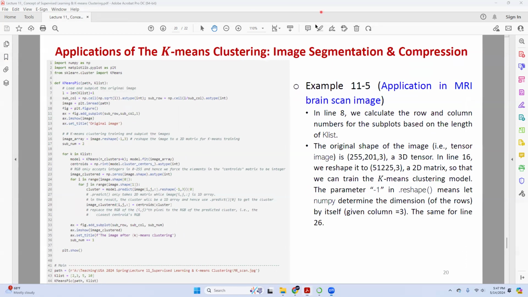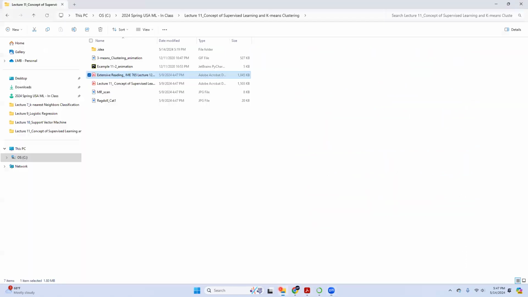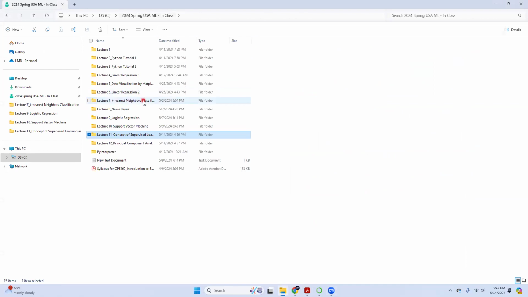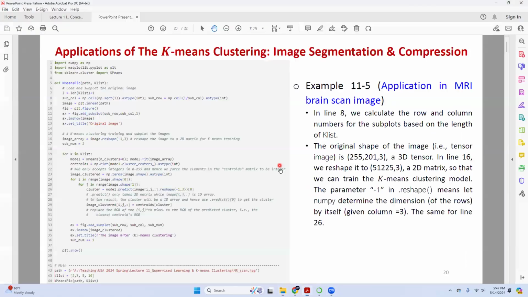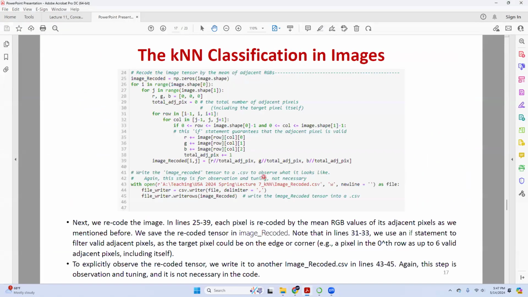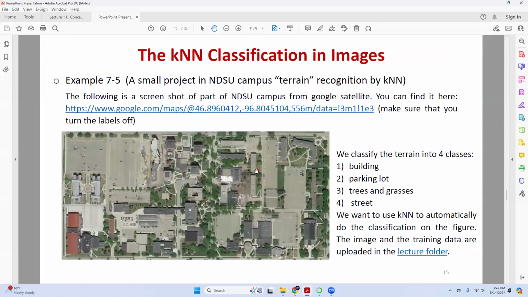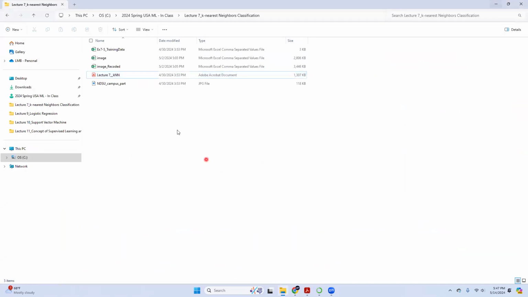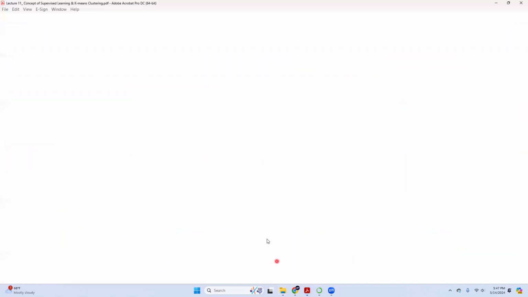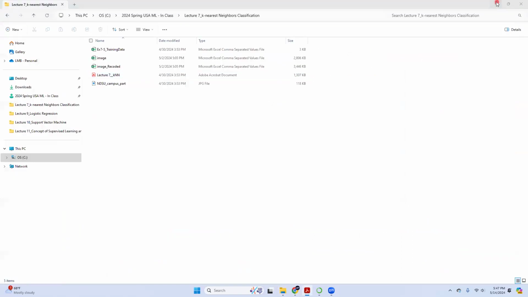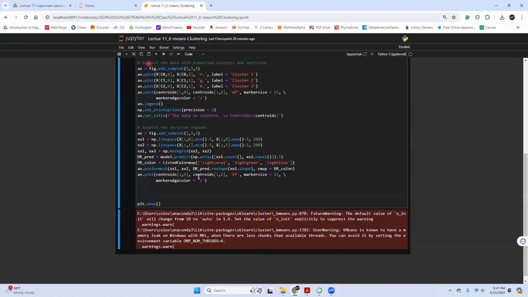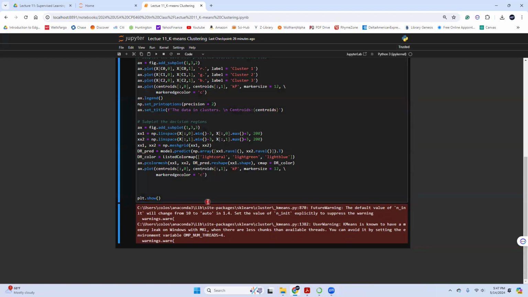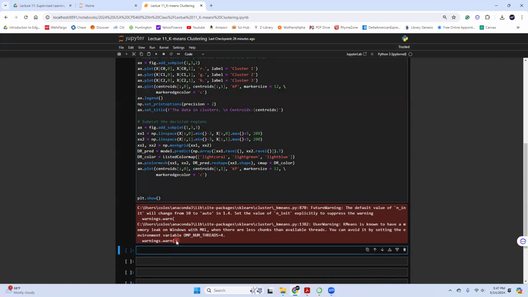If I copy and paste from this example, the campus recognition one, it could be much more troublesome because I need to recode everything. Here, the good thing is that I don't need to recode. I can just simply write it. Okay, so where's my Jupyter notebook? Let me add a lot of things here, and then let me see how we can do it.